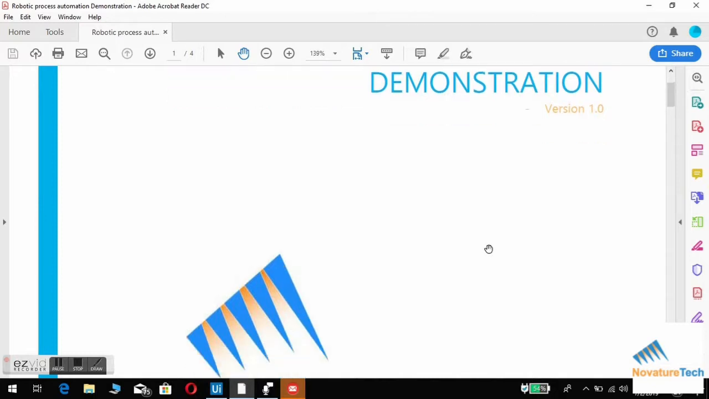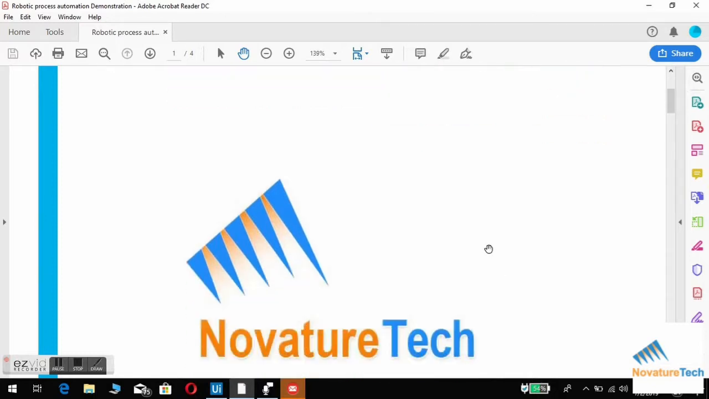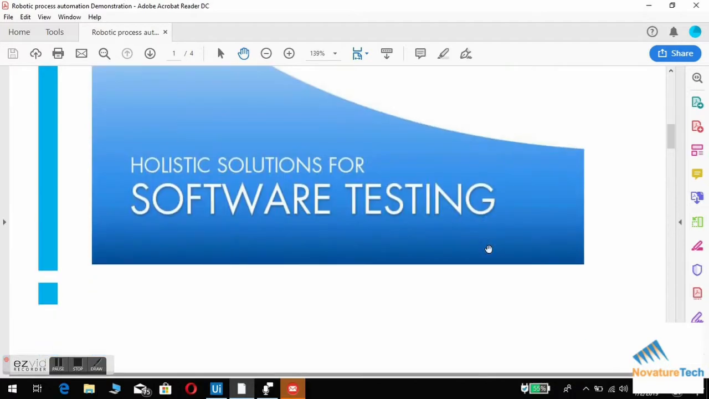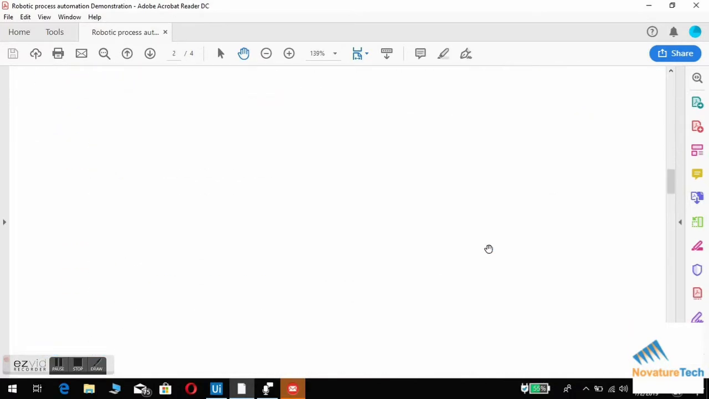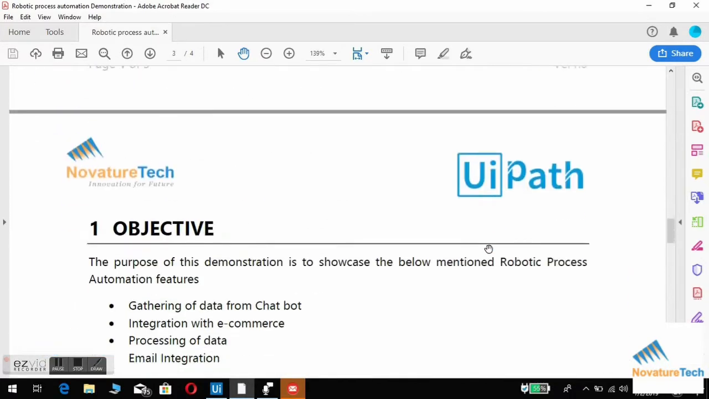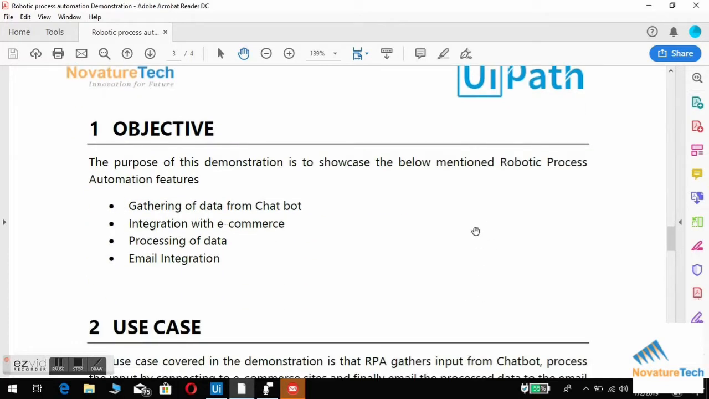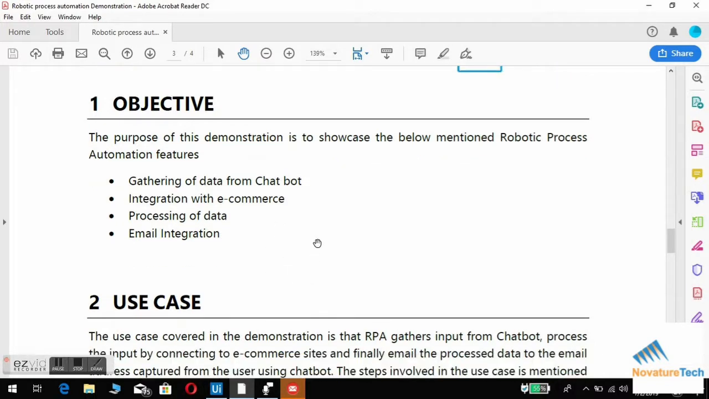So this video is to demonstrate the capabilities of robotic process automation. The objective of this demo is to cover the below mentioned items: the capabilities, gathering of data from chatbot, integration with e-commerce, processing of data, and email integration. In this demo, we have used Outlook to ensure that the robot is able to integrate